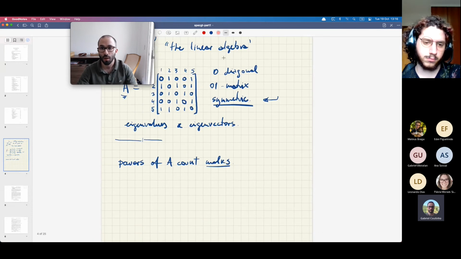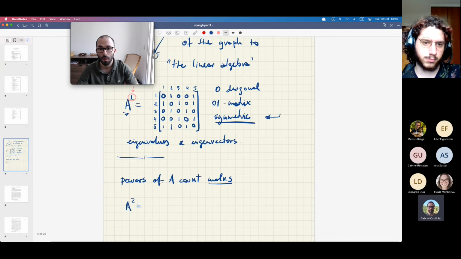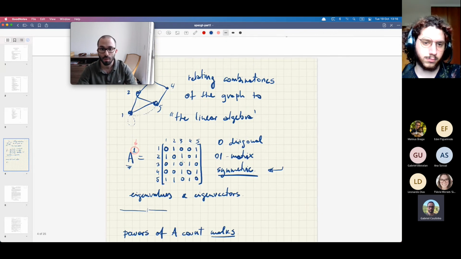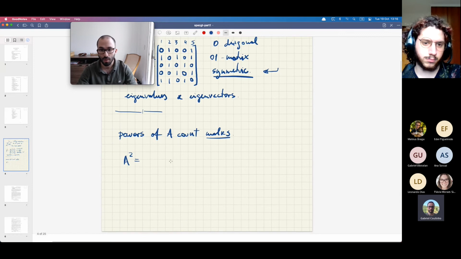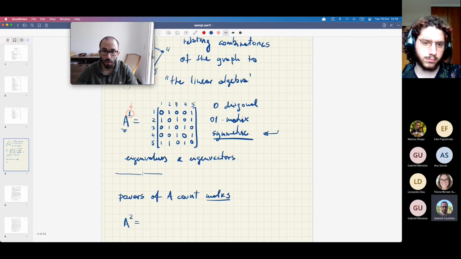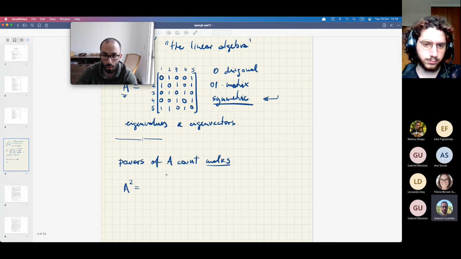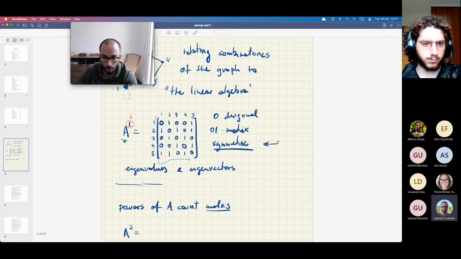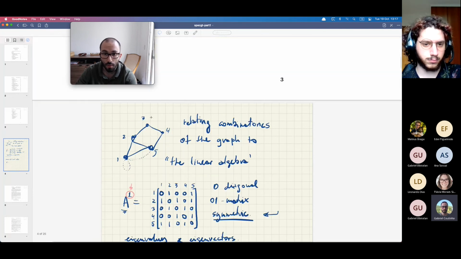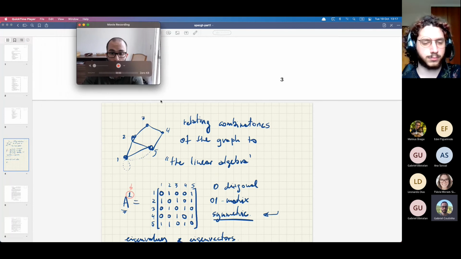Now, if you take the second power of your matrix, if you compute A squared, you look at this matrix and compute its squared entry. Let me see if I can do that in a smart way. I think I can. Great. Apparently I cannot. I was hoping that this would work. Why it didn't, I have no idea. Anyway, whatever.